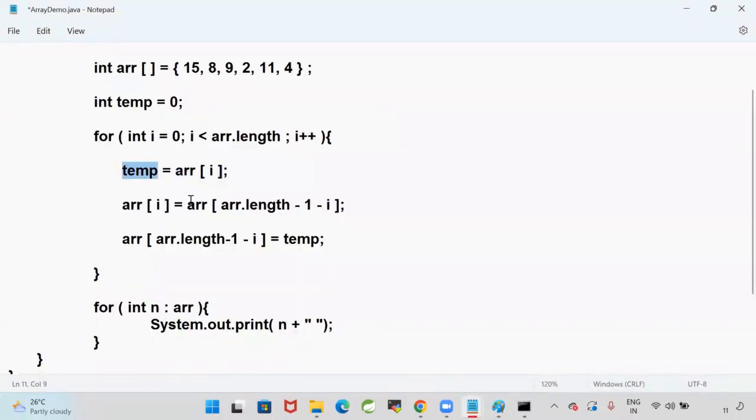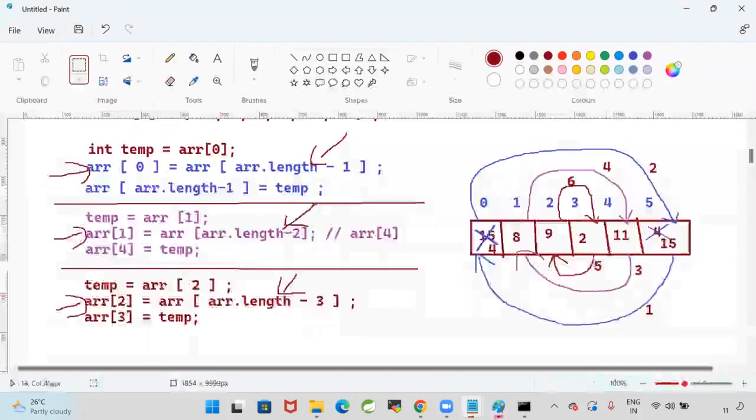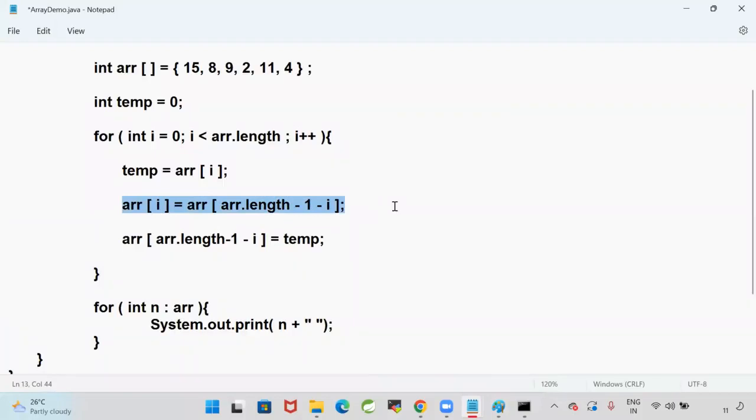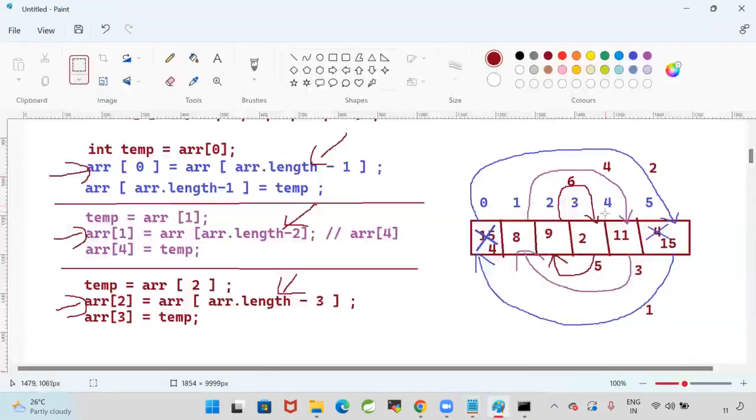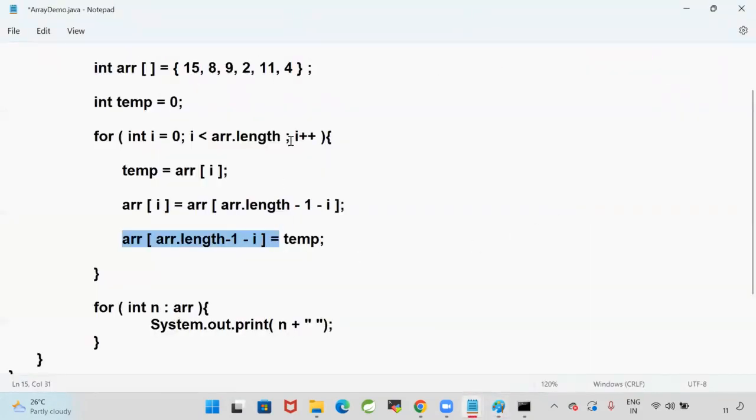Then after array.length minus 1 minus 2. Array.length is 6, minus 1 is 5, 5 minus 2 becomes 3. Third index value is storing into second index. Now the temp value is storing into third index. That means this value went into third index. That's fine. Then I value became